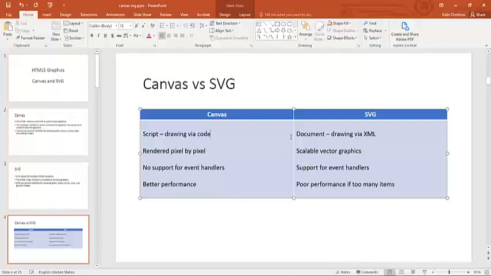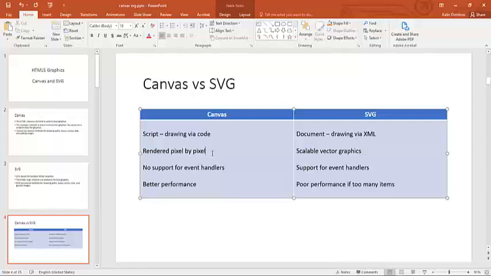In SVG, each drawn shape is remembered as an object. And if attributes of an SVG object are changed, the browser can automatically re-render the shape. In Canvas, everything is rendered pixel by pixel. Once the graphic is drawn, it is forgotten by the browser. If its position should be changed, the entire scene needs to be redrawn, including any objects that might have been